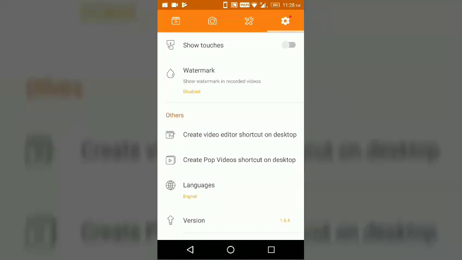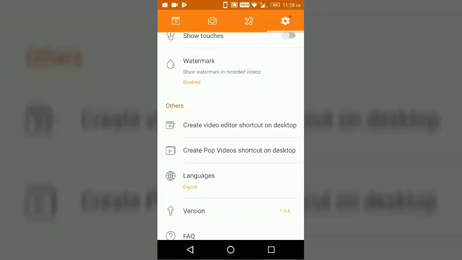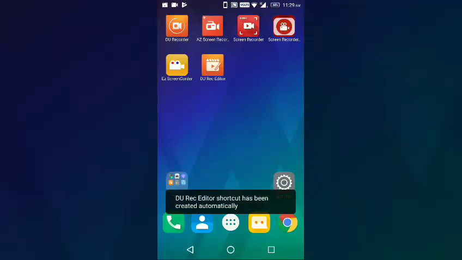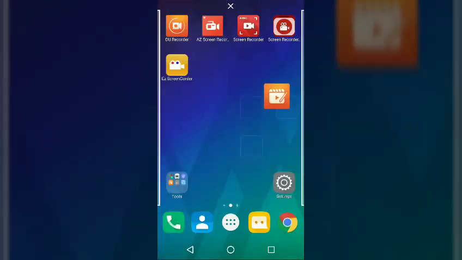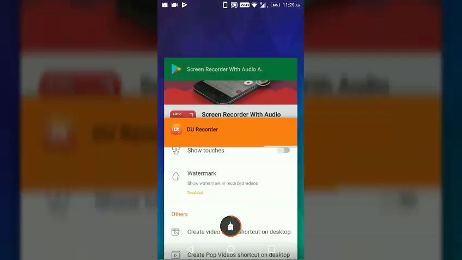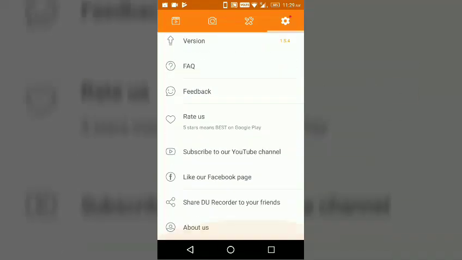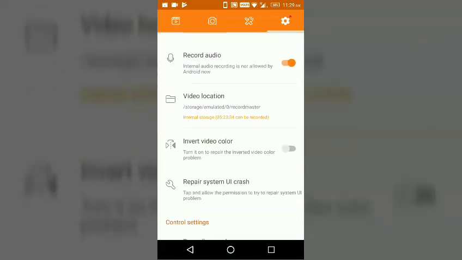And the best part is that this has an inbuilt video editor. If you click on this, the editor will open here. This is the DU Editor. So you can edit the video before uploading to YouTube or anywhere else. So that's all the features of DU Recorder, and I prefer to use this recorder because this is one